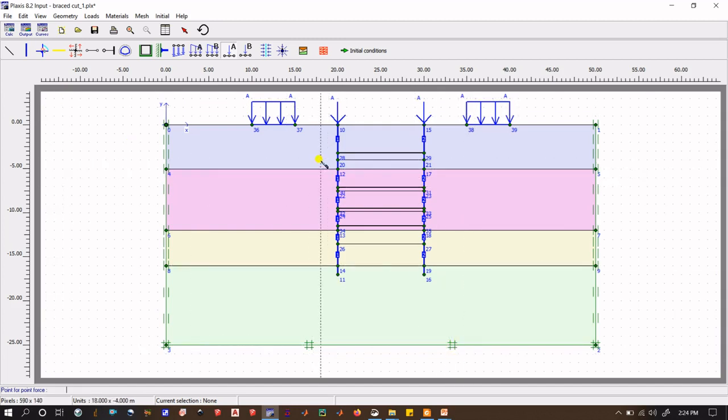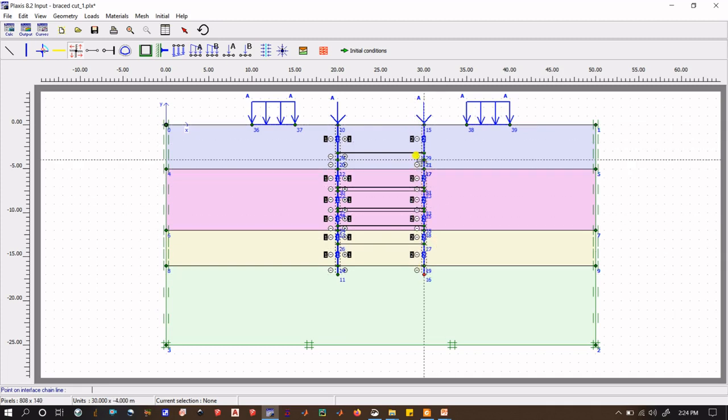Next, there's one thing we have not done. For these plate elements, we have to define the interface, that will be an interface between this soil and the material of this wall. So these are the interfaces. You go here, and to provide the interface, you click on the nodes, and it will provide a minus interface on one side and a plus interface on the other side, but the sign doesn't matter, they are just for indication. And for this one also, we'll click.